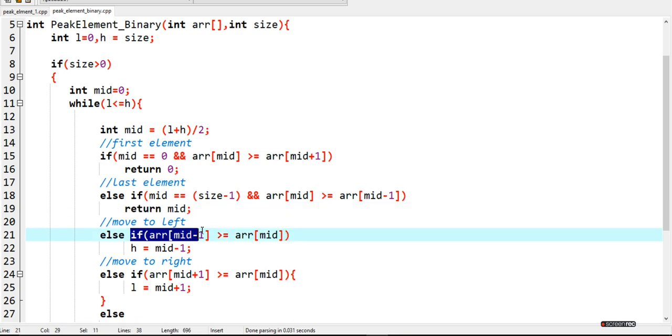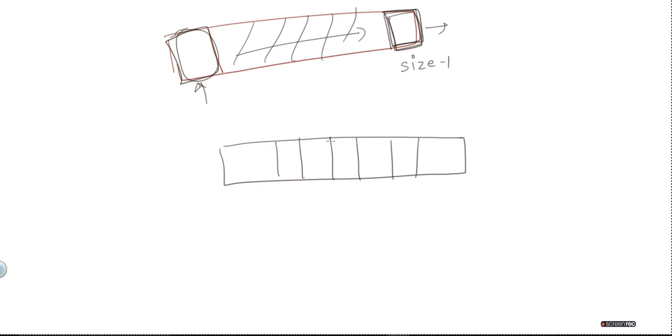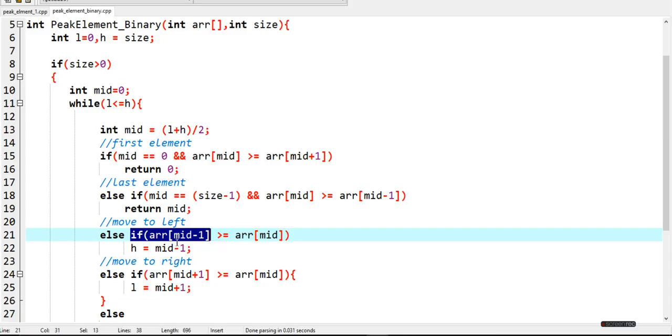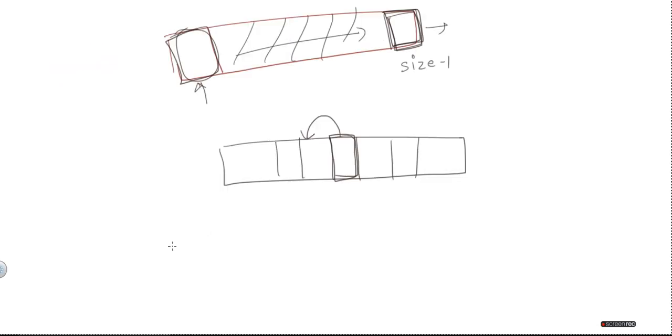So if array mid minus 1 is greater than array mid, so let's say here we have discovered our mid, and if the left value is greater, then higher is equal to mid minus 1. So the higher value, which is denoting here right now, is going to decrease, and this higher value will come here.